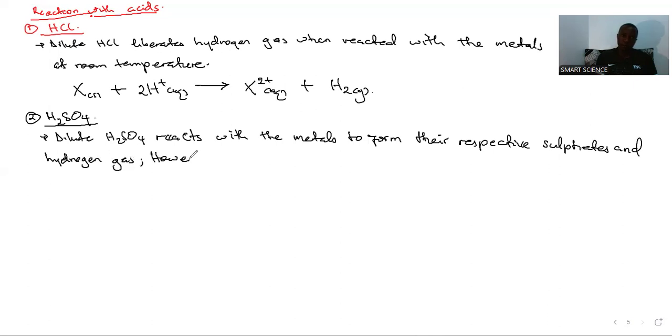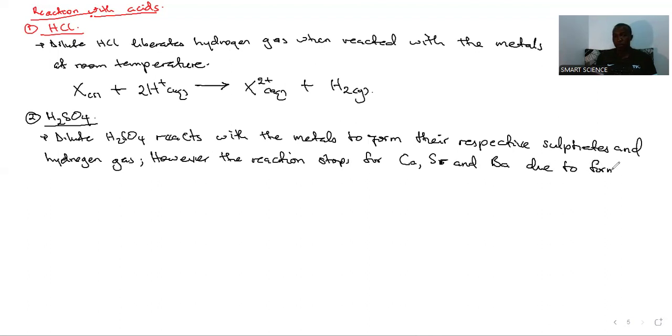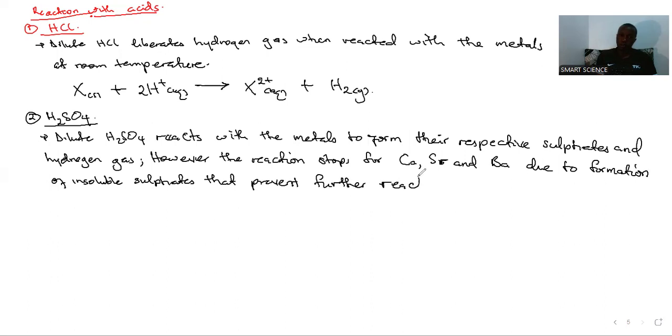However, the reaction stops for calcium, strontium, and barium, simply due to formation of insoluble sulfates that prevent further reaction,